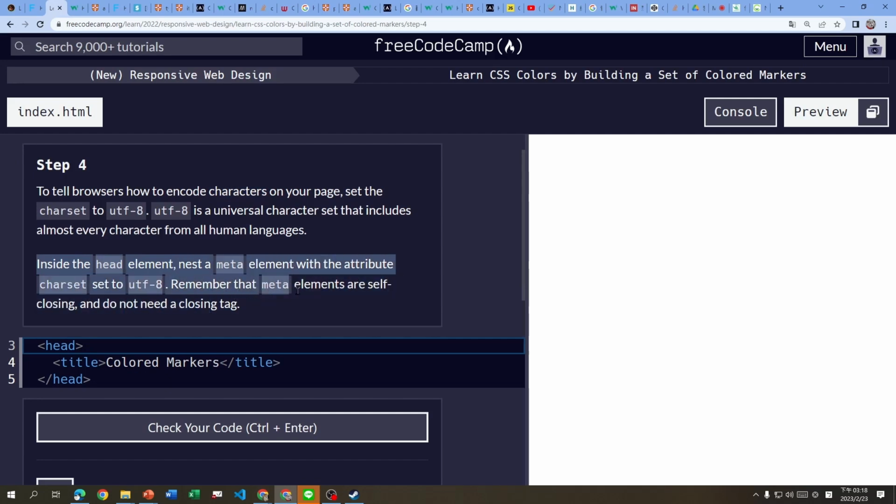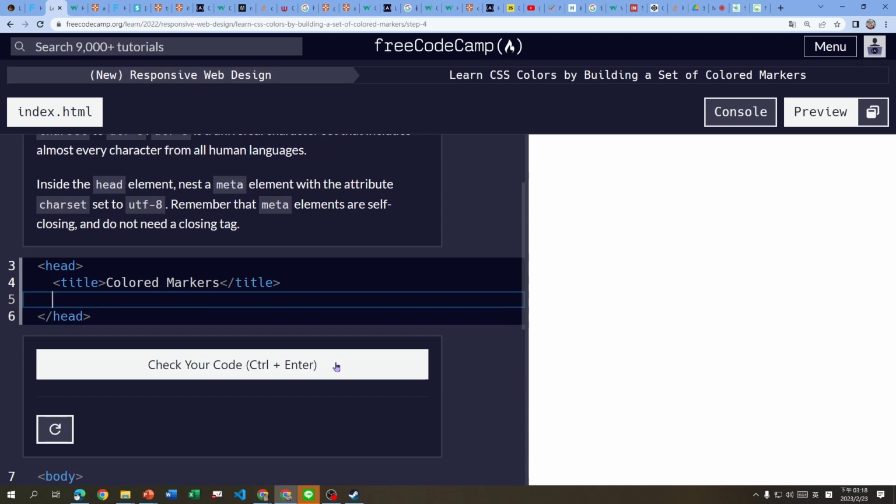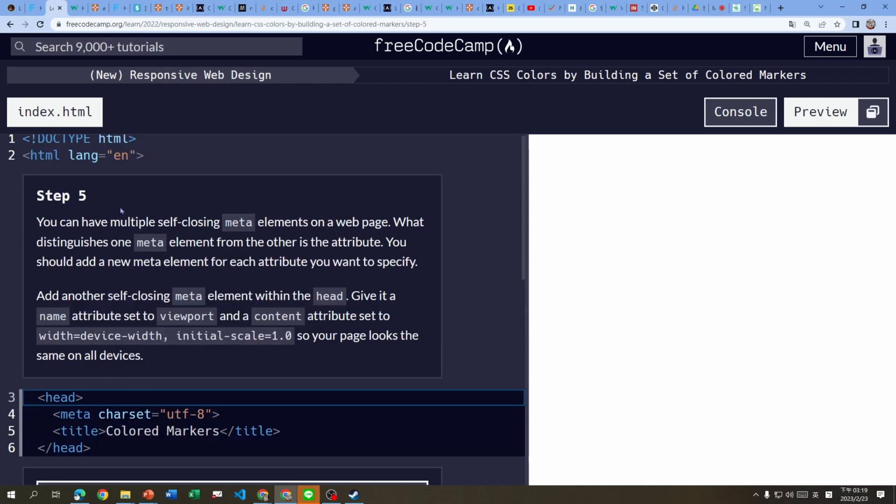Inside the head element, add a meta element with an attribute. Remember the meta elements are self-closing and do not need a closing tag. OK，在 head element 里面加一个 meta element。这个 meta element 会自己关起来，所以后面不用再加斜线。with attribute，空格，然后打进去。charset equal UTF-8，这样 OK，good。